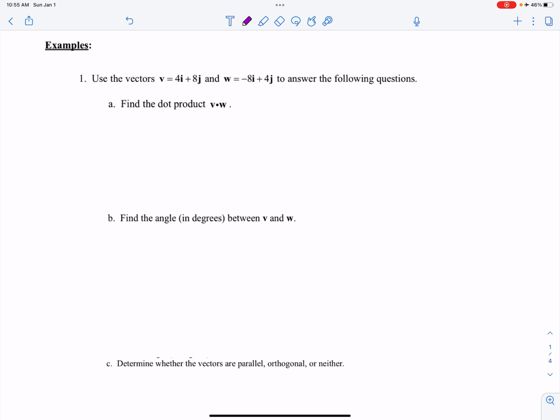Okay, let's jump right in. Use the vectors v equals 4i plus 8j and w equals negative 8i plus 4j to answer the following questions. First, find the dot product v dot w. So v dot w, we will take